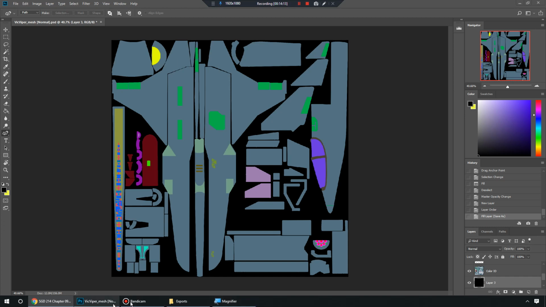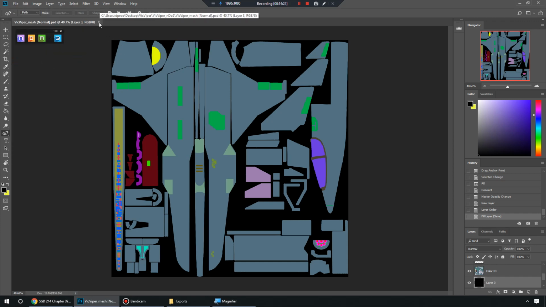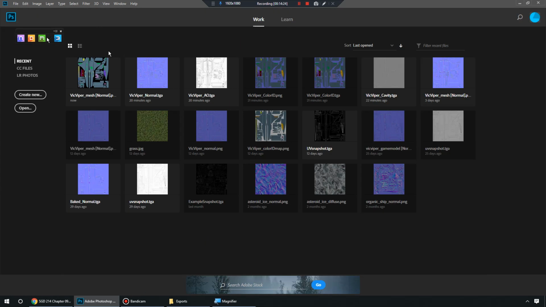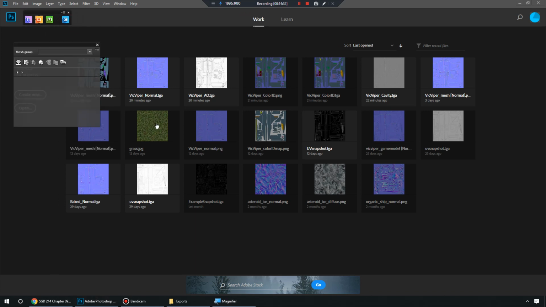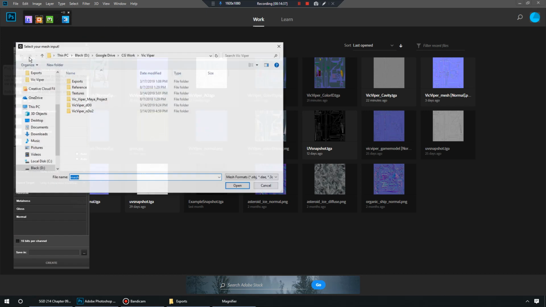So what I'm going to do next is open up Quixel. I'm going to go ahead and save my Undo PSD and get rid of it. And we're going to click in the top left of the screen up here. We're going to go in and click on the D for dDo. And again, it's just a matter of plugging in maps. So let's go and plug in